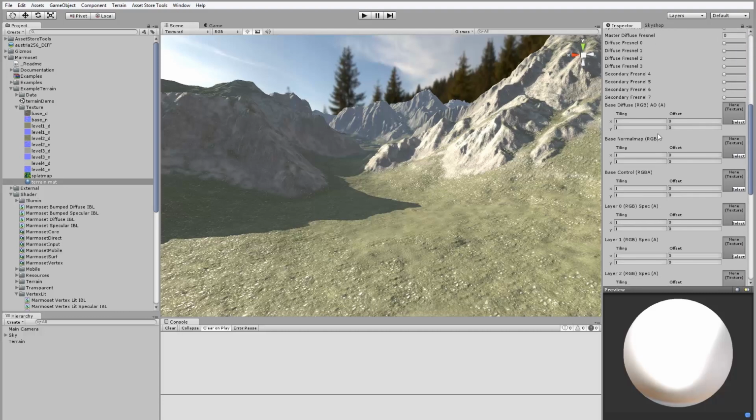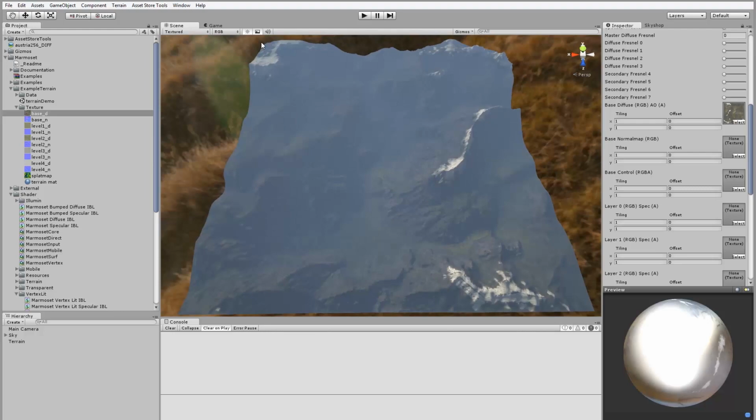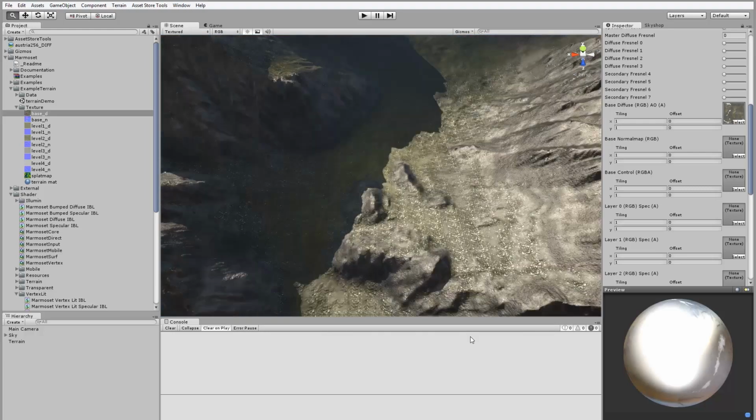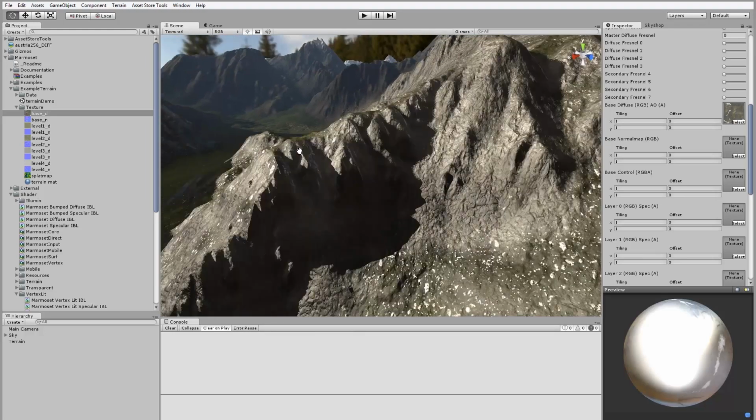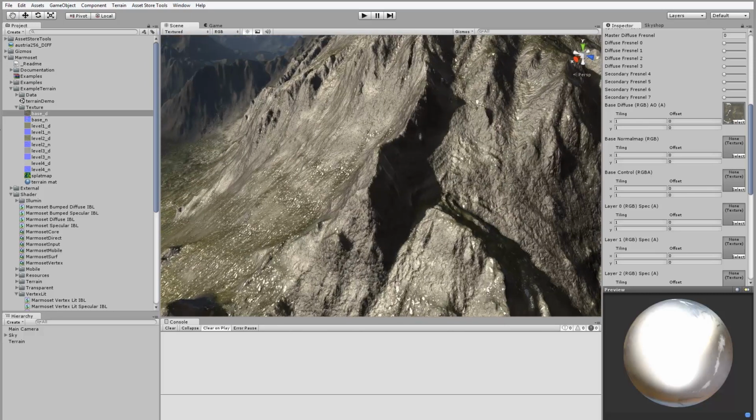You can also define a base diffuse texture. So let's apply that here. This gets applied to the entire terrain. The UV coordinates span the entire terrain, and it's like the base color for the diffuse color in our tiling textures. And there's similarly a base normal map,